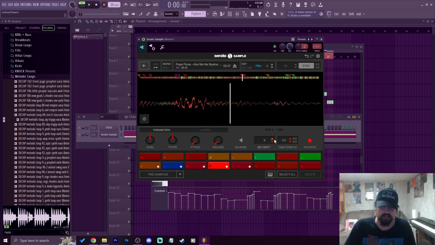We also got these two windows here. We can do a key shift and a time stretch. So we can change the key of each individual chop as well as stretch it to a different BPM essentially. Like we can half it or we can times two it. You can click those multiple times as well. So if we do a half and listen to this chop,